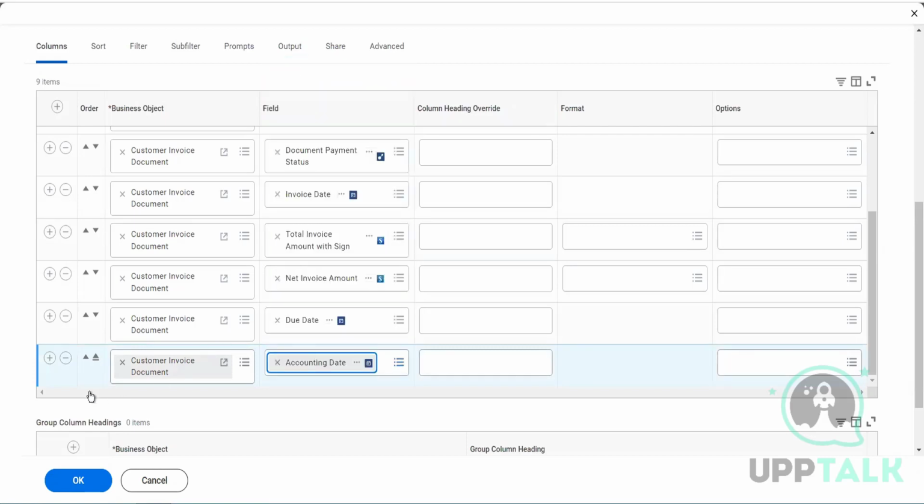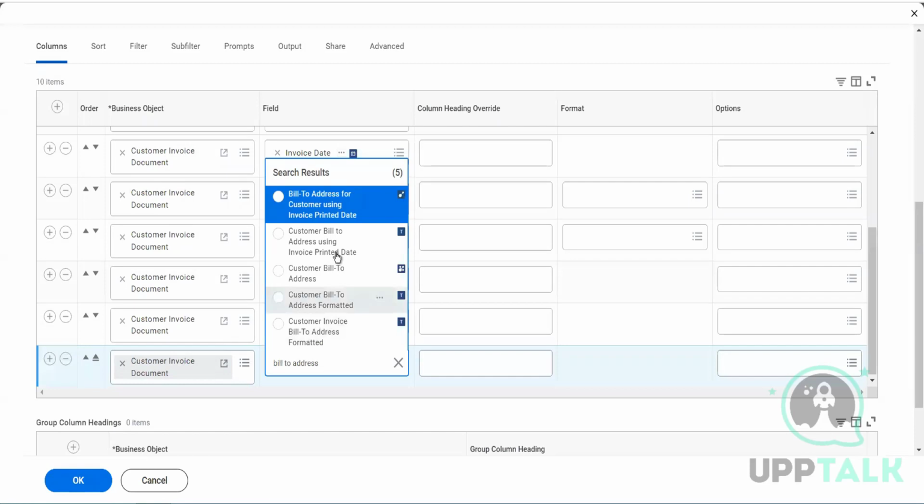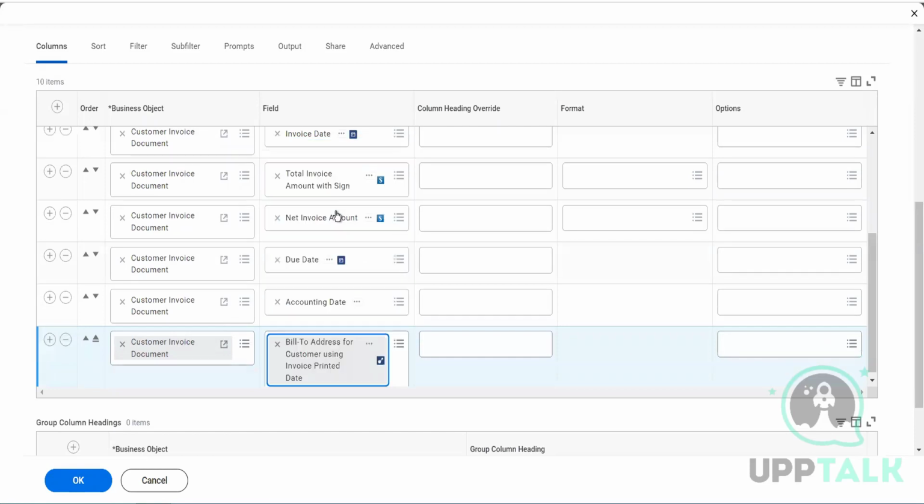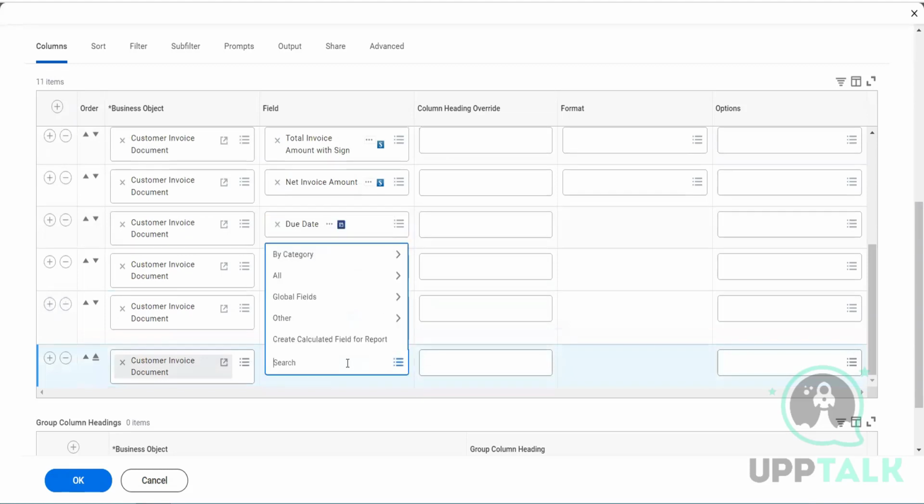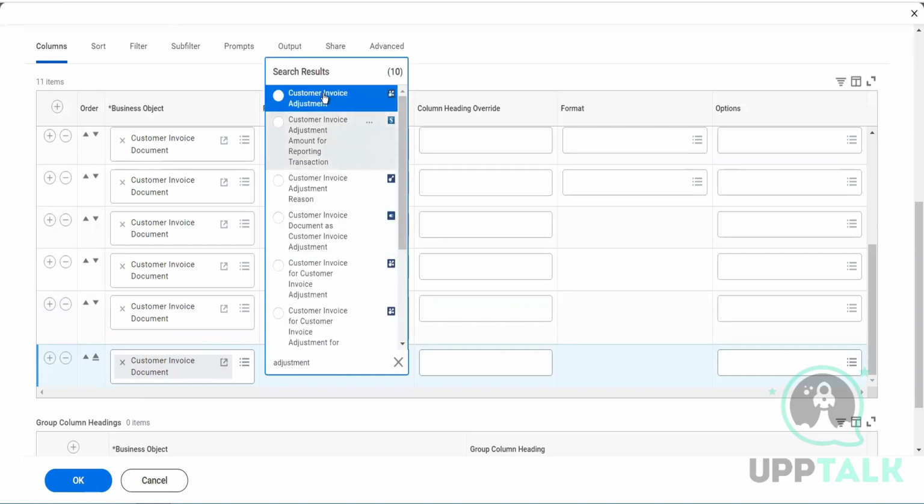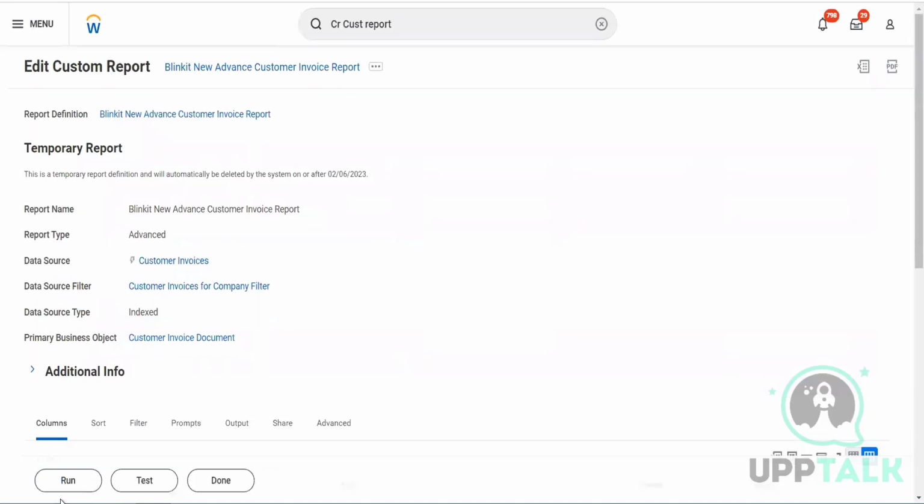You can see accounting date. This. Then adjustment number, customer adjustment. We can put anything we want. Now if you run this report,